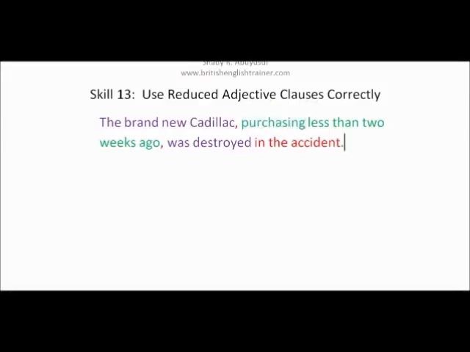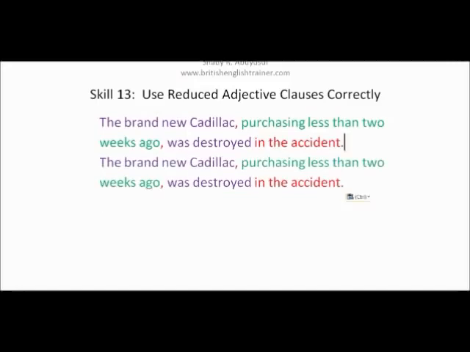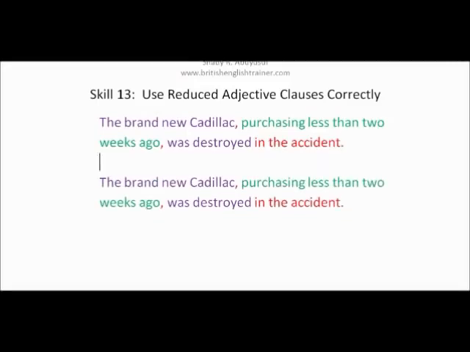The car can be bought, but it cannot buy, which means that there is a problem here in the meaning. The problem here is the meaning. The structure does not serve the meaning here. Because I can't say that the brand new Cadillac buying, because the car cannot buy, the car is bought, which means that the original sentence was something like this. Let me show you that. Let's say that this was the original sentence. Look at this one. The brand new Cadillac,